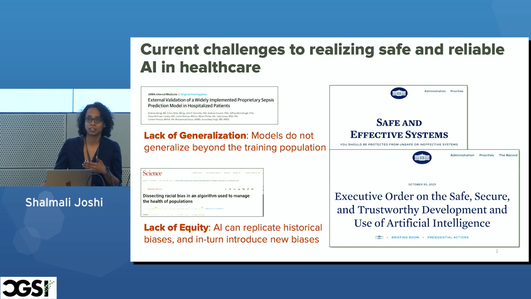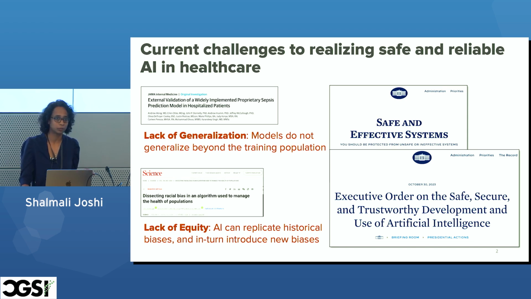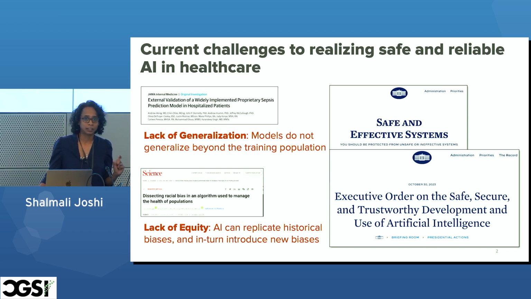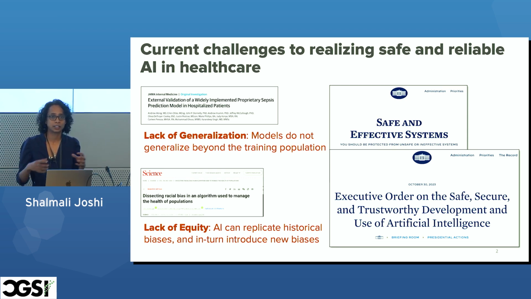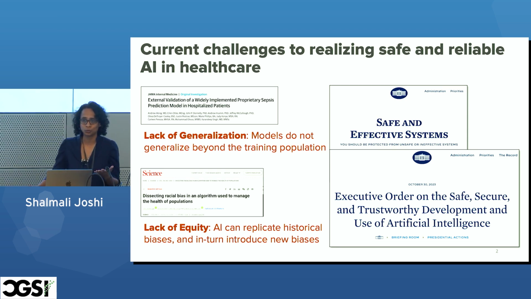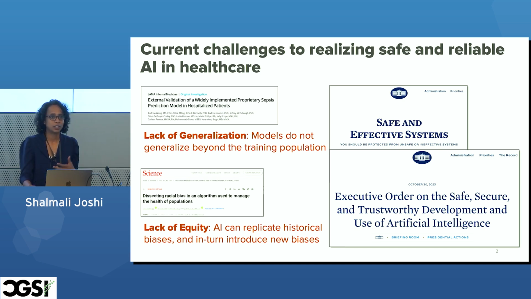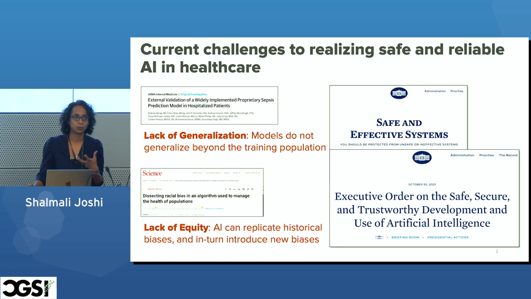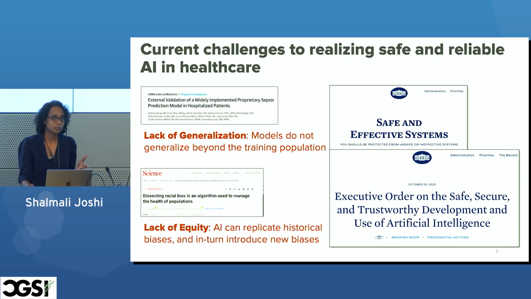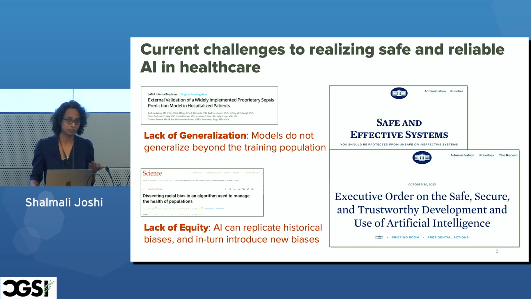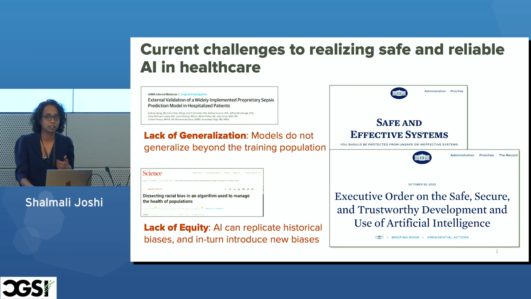Lack of equity is the other big problem. We know that these models can replicate different kinds of biases that exist in the data, sometimes introduce new ones. And so we are in this space of not being able to characterize exactly what is happening, and so a lot of the work that we do in the lab is trying to develop tools and methods to get there. And of course, these big problems have featured very prominently, not only in the AI Bill of Rights, protection of consumers who are affected by AI, but also the executive order on safe, secure, and trustworthy development